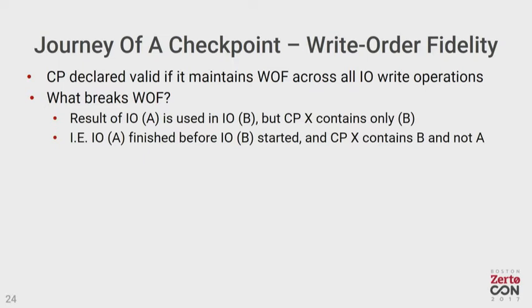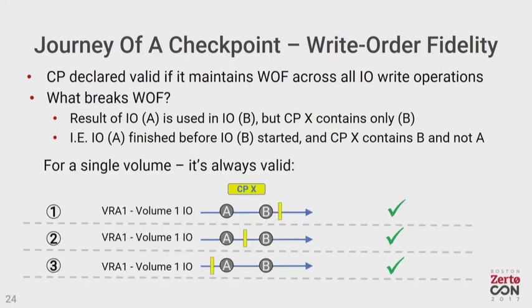Well, let's think about what could break write order fidelity, right? Well, if the result of IOA is used in IOB, but the checkpoint only contains IOB. We'll show that to you on the screen exactly what we mean there, right? If IOA finishes before B starts, but the checkpoint somehow only contains B. What are we really solving for, I think will become more evident